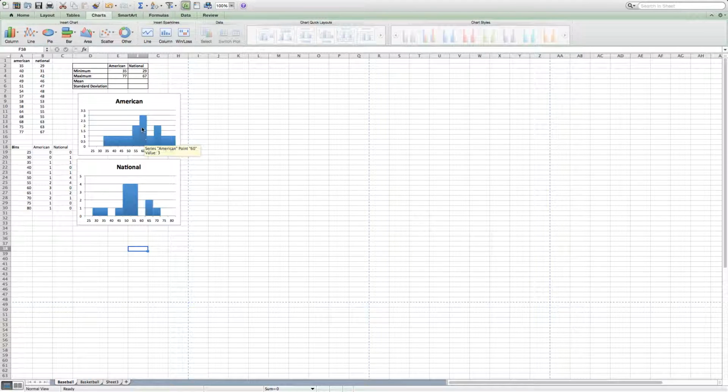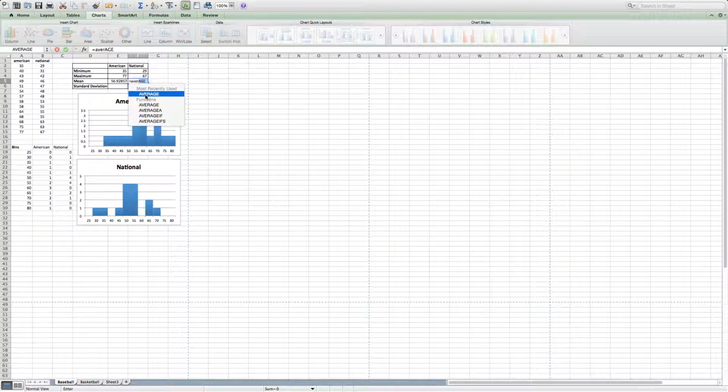And looking here, it looks roughly symmetric, so I know I want to use the mean. So I can come up here and I can find the mean of the American League. I'm going to say this cell equals, if I start to type average here, AV, I'm going to use the average, which is the same as the mean, and I'm going to highlight the American League. That gives me the average of the American League, 56.93,